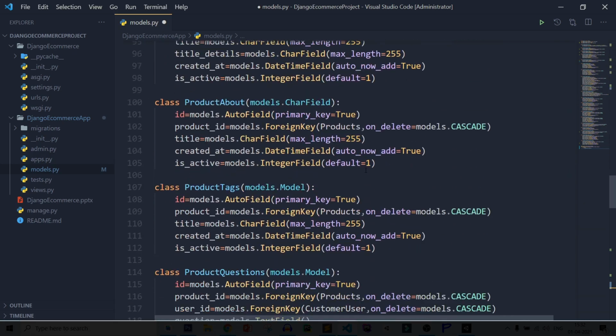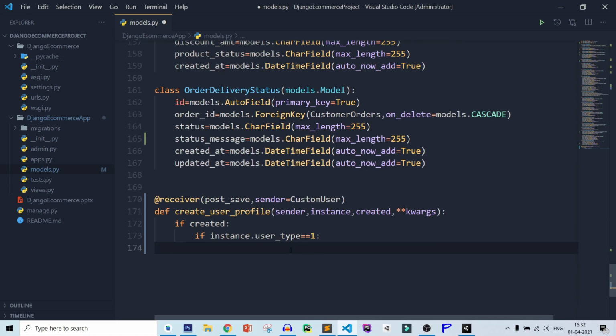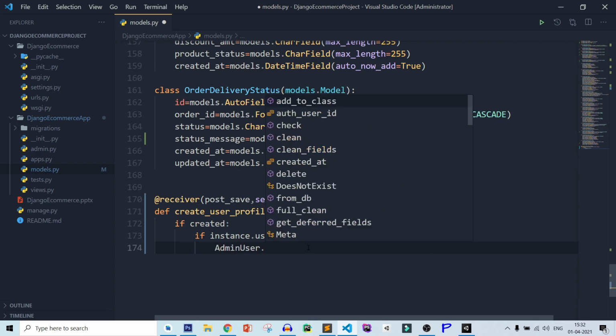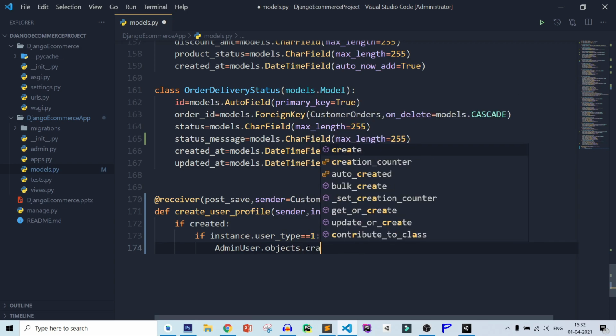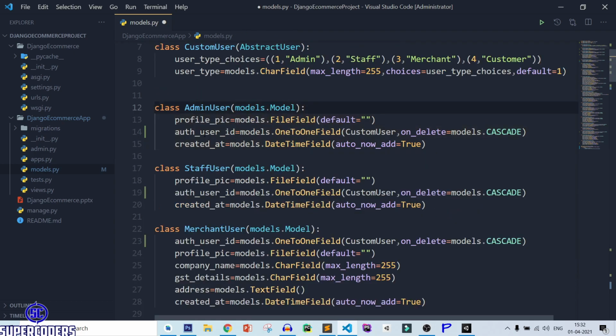So if it is 1, then AdminUser.objects.create, and here we need to pass admin equal to instance. Now let's check again: admin user contains only the auth user id and profile pic, which is default.